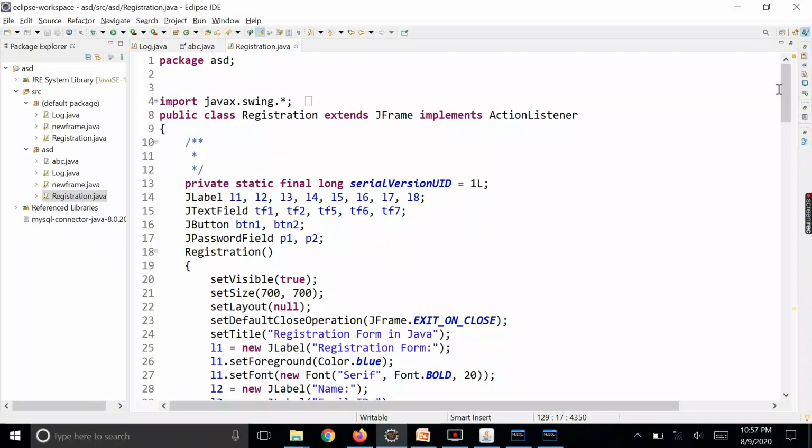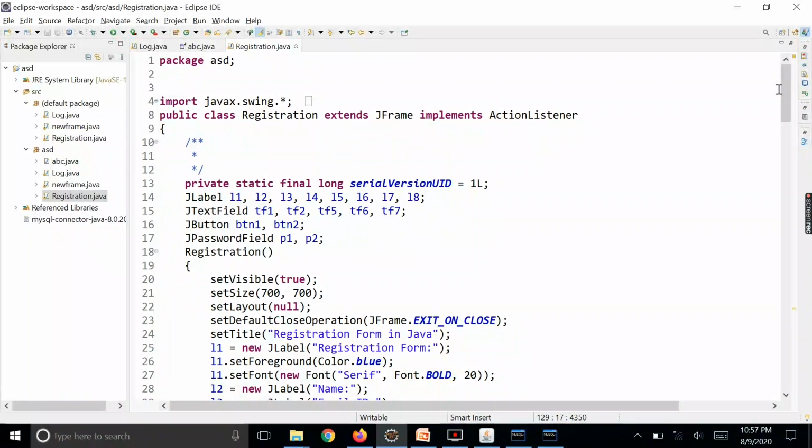So this video basically focused on the demonstration of developing a Windows based application using the Java components, AWT and Swing. What students have to do is use the same approach to develop the application.